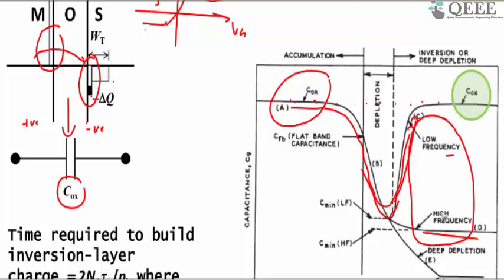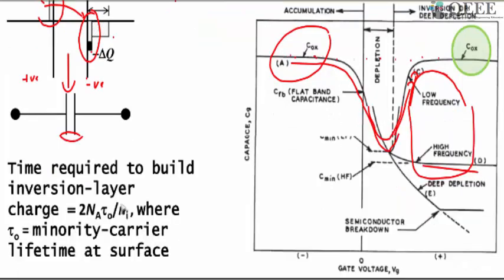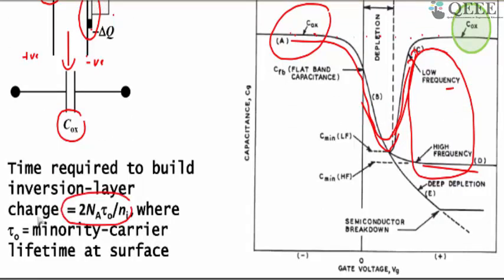That is because we saw that the inversion layer, especially in a MOSFET, comes from the Shockley-Read-Hall traps. The inversion layer comes from generation from the traps, so it takes some time to build the inversion layer. From the Shockley-Read-Hall theory, the time required to build an inversion layer is roughly 2 Na tau 0 by Ni. The tau 0 will be somewhere from a couple of microseconds to milliseconds, depending upon how many traps exist in the